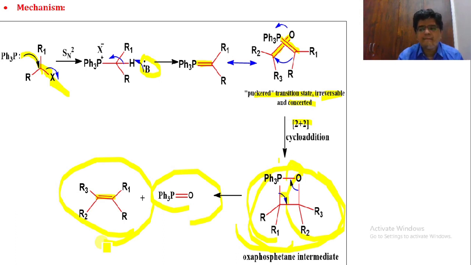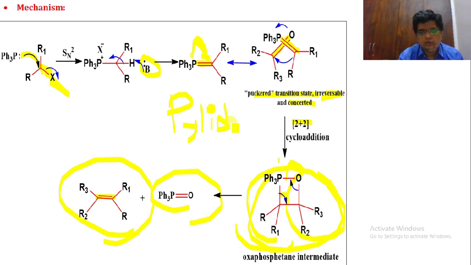in the presence of the P ylide. Okay, so now what is P ylide? Here we are producing a P ylide. What is P ylide? Phosphorus which is having a positive charge, and carbon which is having a negative charge. Suppose I put a positive charge over here, and this is a negative charge. There is a 1,2 relationship. Here we are having a heteroatom that is attached to the carbanion, so that is known as ylide. So here positive charge is on the phosphorus, that is why it is known as P ylide.